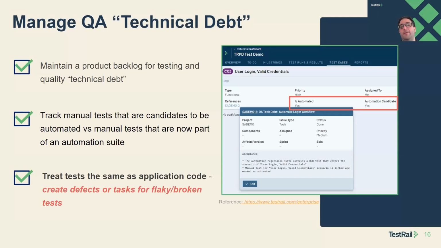So we have full traceability of when the work was done. We have a work item to get it done. And now we know we have a manual test that may have quality records associated with it. We want to maintain that, but we don't want to run it manually. It's now covered under automation. So we have some tools or a platform to be able to link all that.